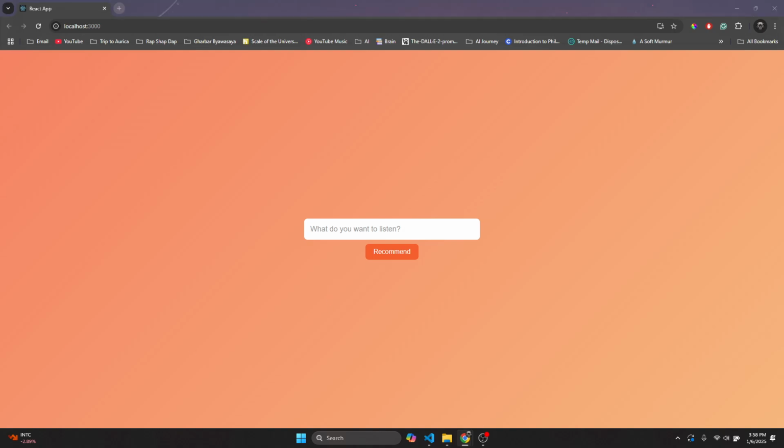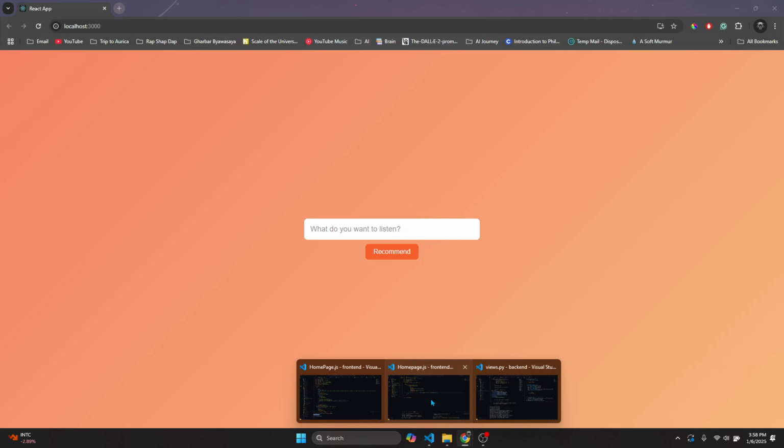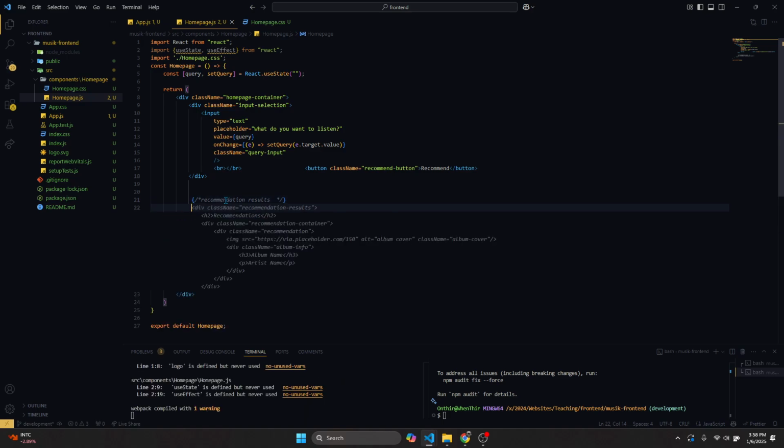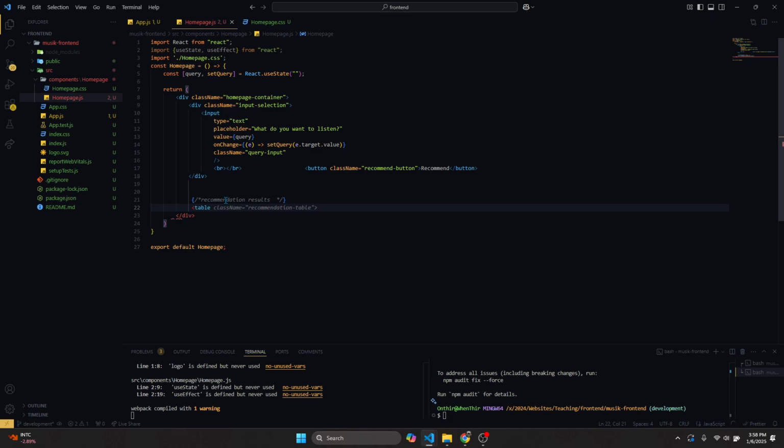And we'll definitely need a table at the bottom that will give us the recommended songs list. For that, let me just go ahead and create, it's inside the input. This is the homepage container, so we'll create it here. We'll say recommendation results. And here we'll create a table and class name is going to be results table,